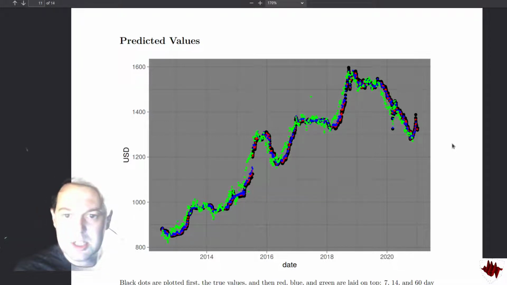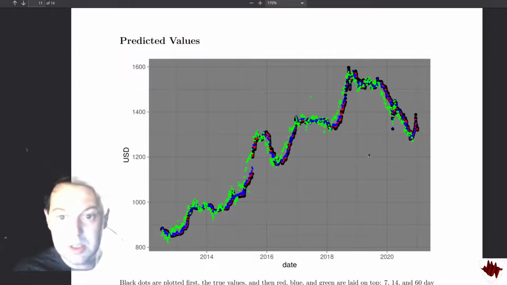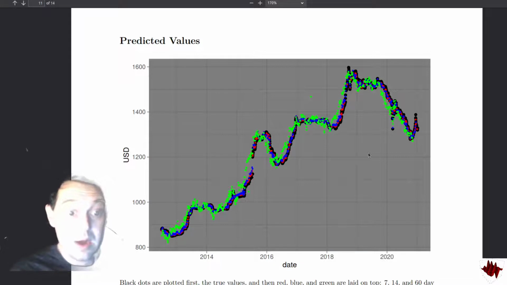So we can see actually that our accuracy is really high. It's really, really high, even for 60 days out. And for some studies that we've done up to 180 days in the future, we find the general linear model is extremely good at figuring out where the central bank wants US dollars to be in relation to the kyat.